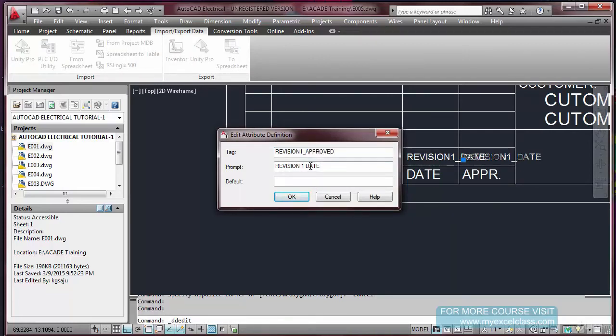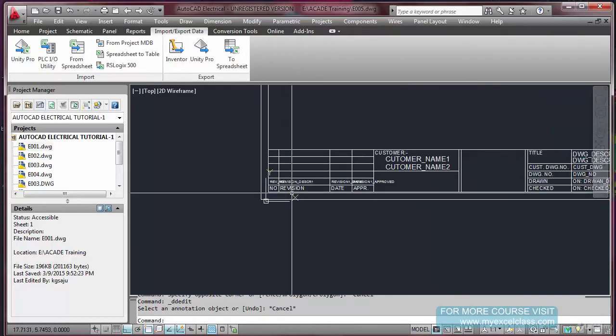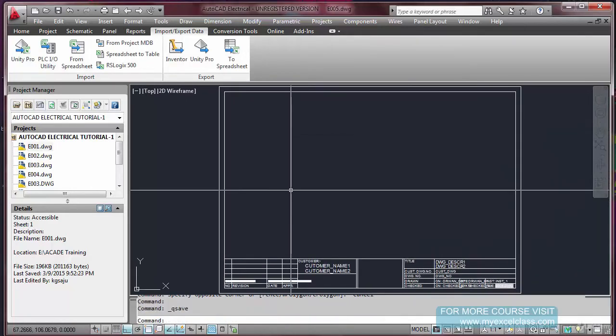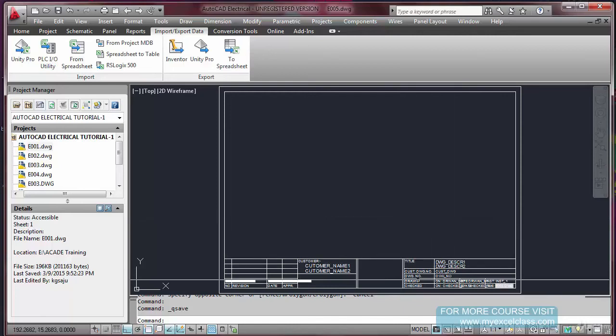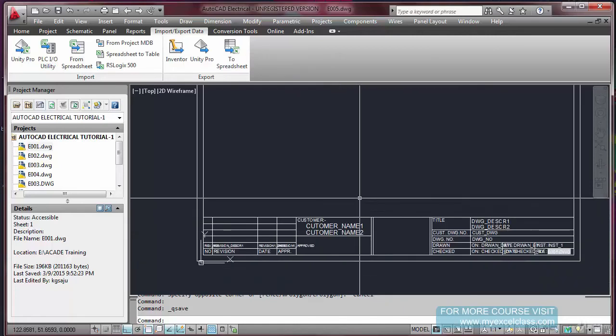Revision 1, approved. Finish. So it's done now. We have put all the attributes, everything. Now what do we have to do?